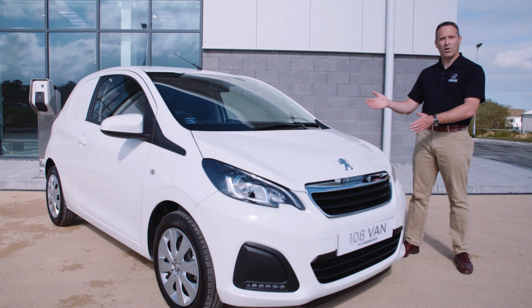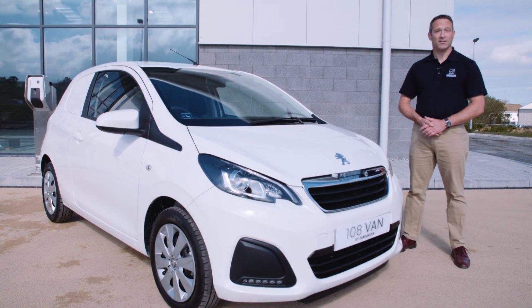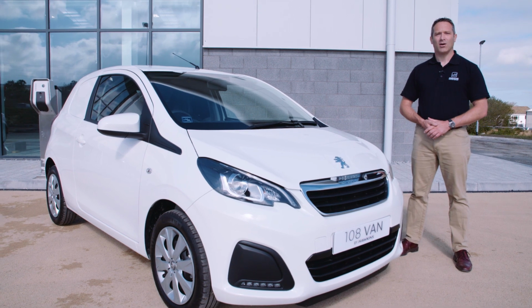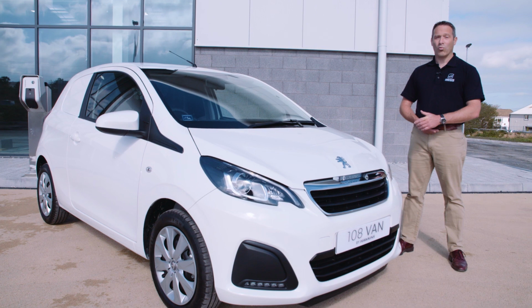This is the all-new Peugeot 108 van and it's exclusively manufactured by Hawkins. We have full approval to do so and it's classified as a commercial vehicle. We spotted there was a gap in the market for a small, compact, low-cost van, and the 108 van is